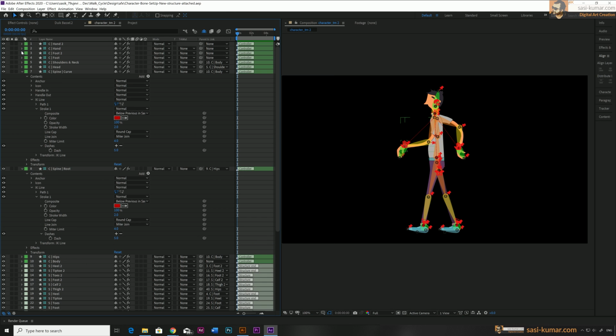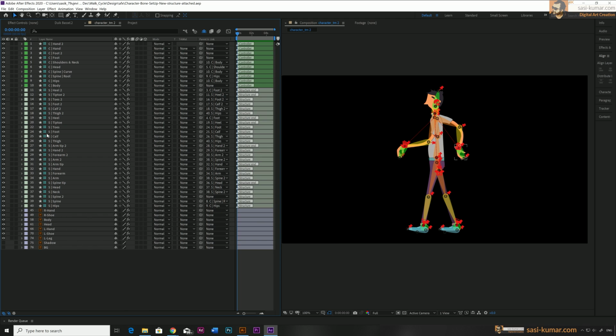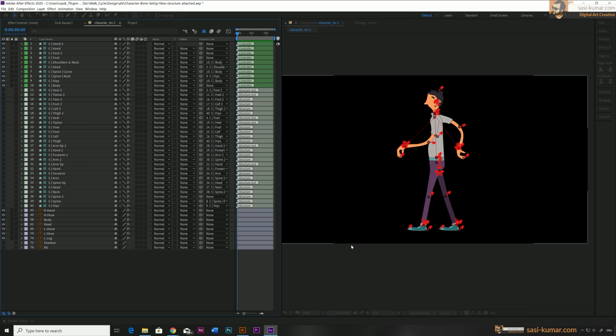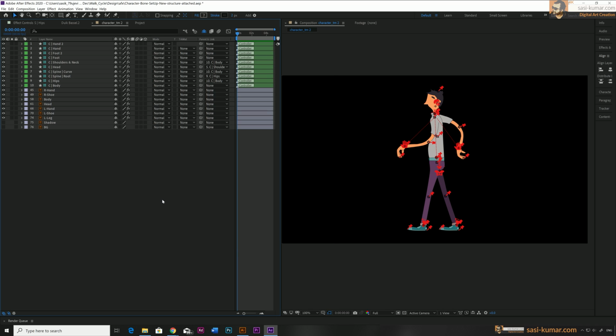Okay, so now we can hide these bones. Let's collapse these first. And now we go to the bone structure, which you can see easily by the prefix S. And I'm going to hide all of this bone structure because we don't need to see it in here. We only need to see the character, and these also we can hide. Just click on here. Okay, so we only need to see the character and the animation points which we created in here, with the prefix C.